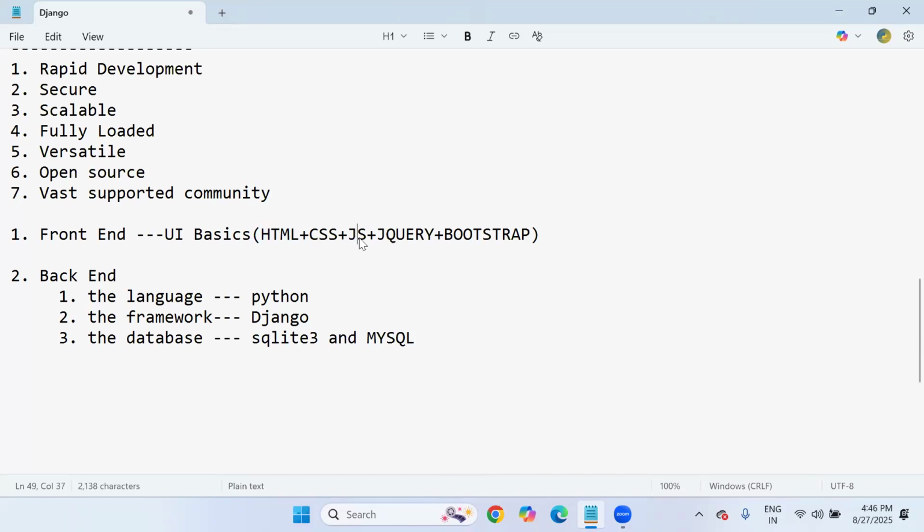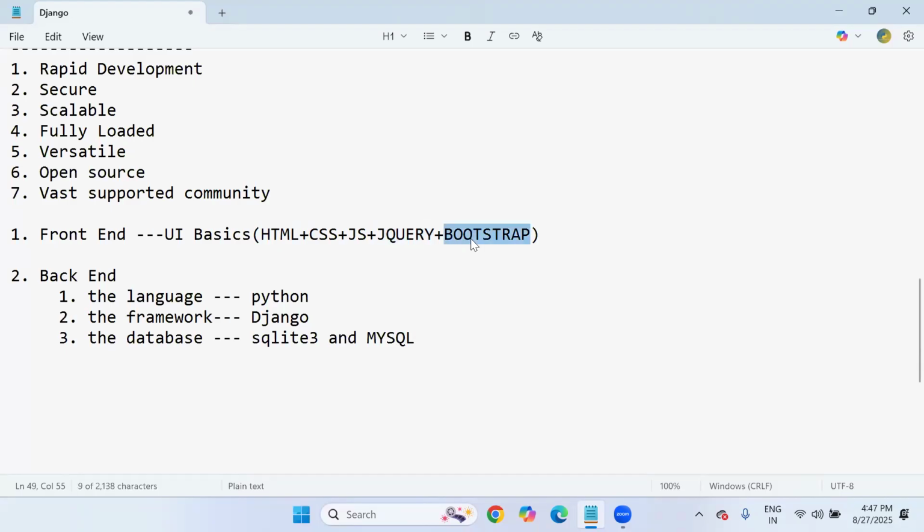HTML, CSS, and JS are commonly used web technologies, and jQuery and Bootstrap are advanced UI technologies. This jQuery and Bootstrap are also implemented on top of HTML, CSS, and JavaScript only. jQuery is an extension of JavaScript, a JavaScript library. Bootstrap is a combination of CSS and JavaScript libraries.